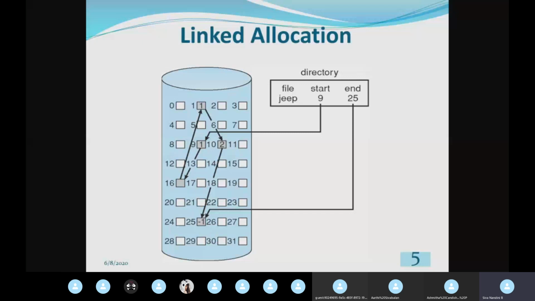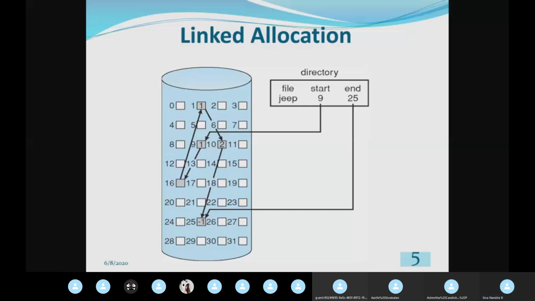It is similar to the linked list. In a linked list, each element has a pointer to the next element in the list. Likewise, in this linked allocation method, each and every logical block will have a pointer to the next logical block. So here you see this ninth logical block is the first logical block.